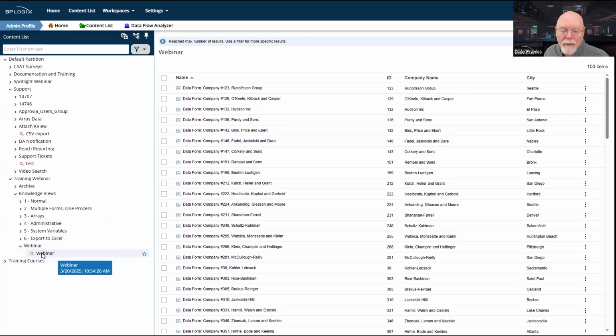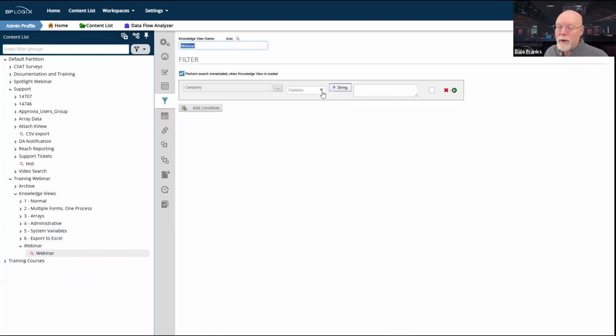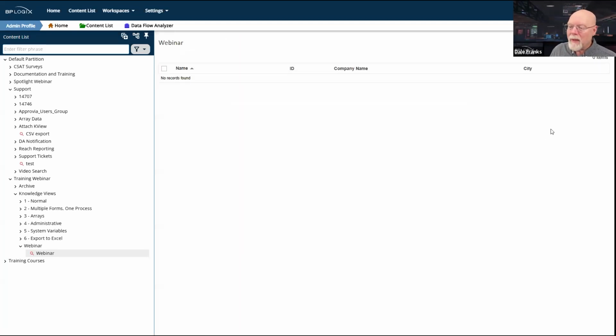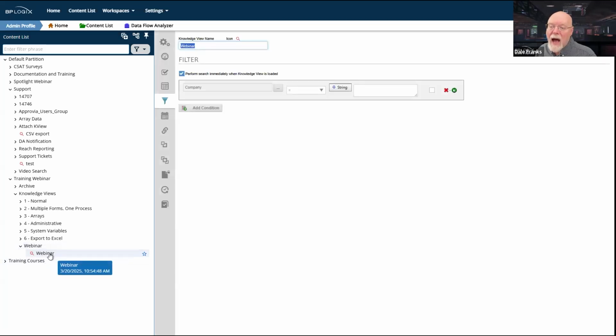A lot of times people want to use the equals filter, but you generally don't want to do that for a couple of reasons. First of all, by default, if I use the equals filter, equals nothing returns nothing. So I know I have 1,000 records here, but I'm not seeing them because the equals operator is very exact.